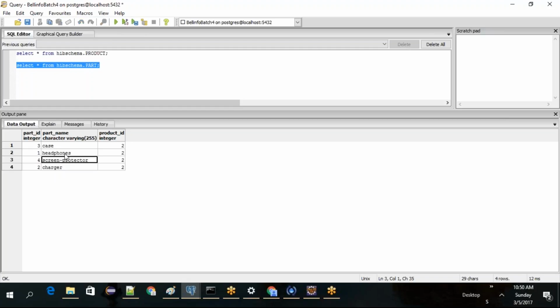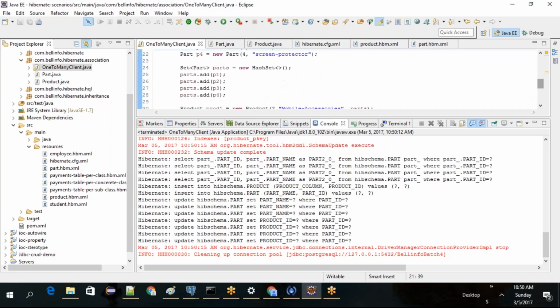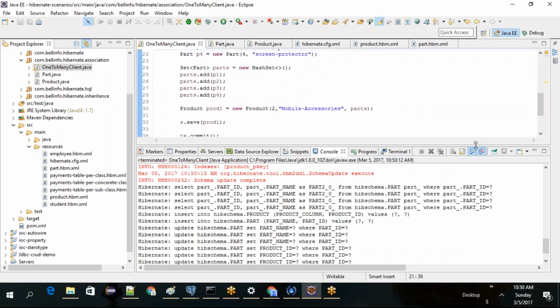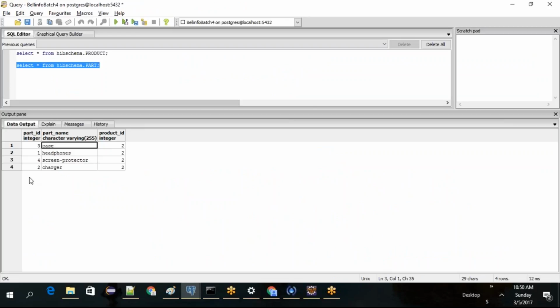Charger, screen protector, headphones, case. Okay. Maybe this ID should be different than what we had earlier, so that it would have been saved. It did. Now what happens is it has overridden whatever IDs are there, because we haven't mentioned